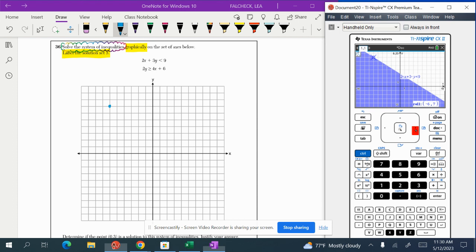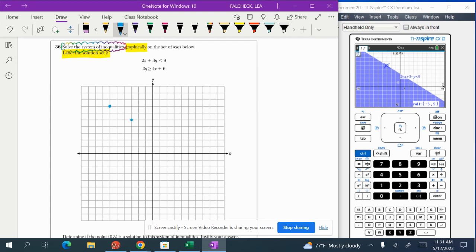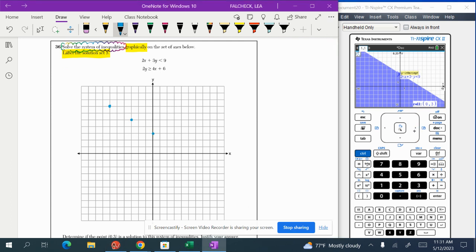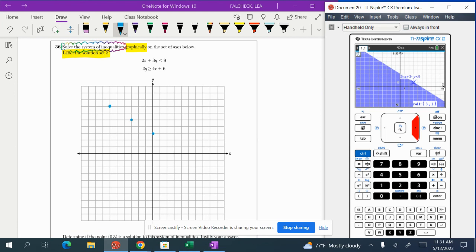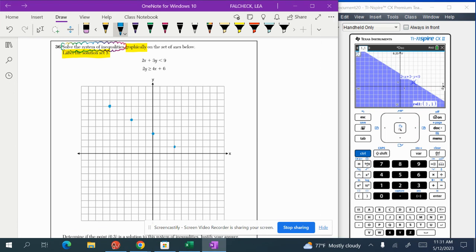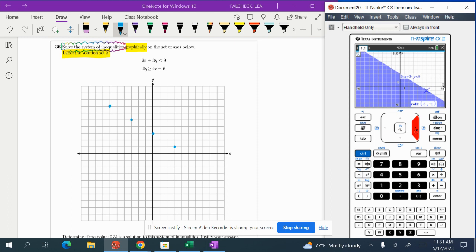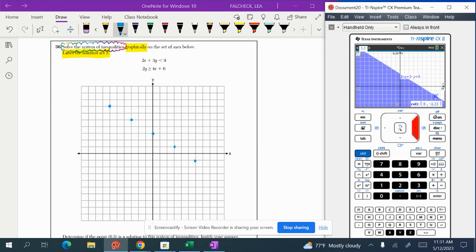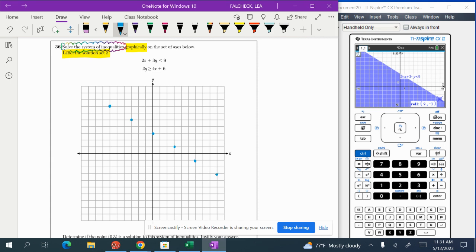Okay. Negative 3, 5. 1, 2, 3. 1, 2, 3, 4, 5. 0, 3. 3, 1. 6. 1, 2, 3, 4, 5, 6. Down 1. And then 9, 3. 7, 8, 9. 1, 2, 3. Okay. So now I'm using a dashed line